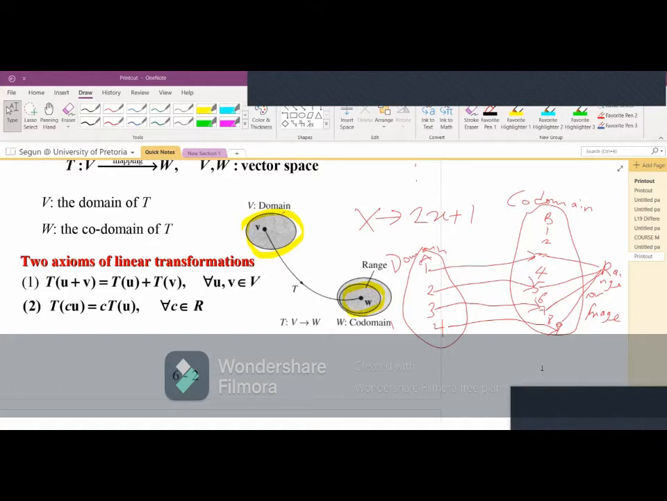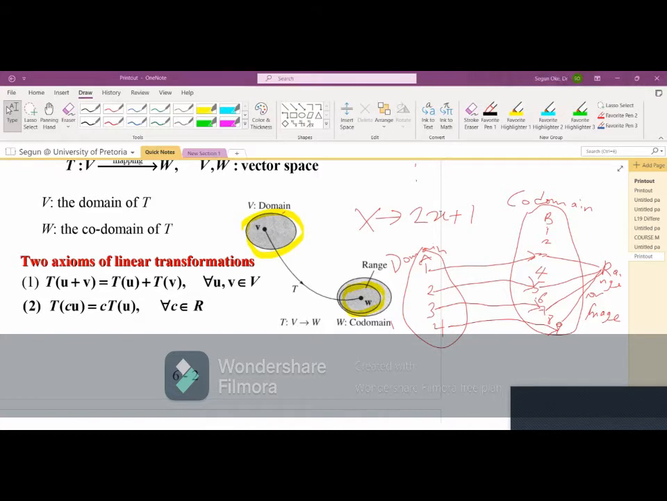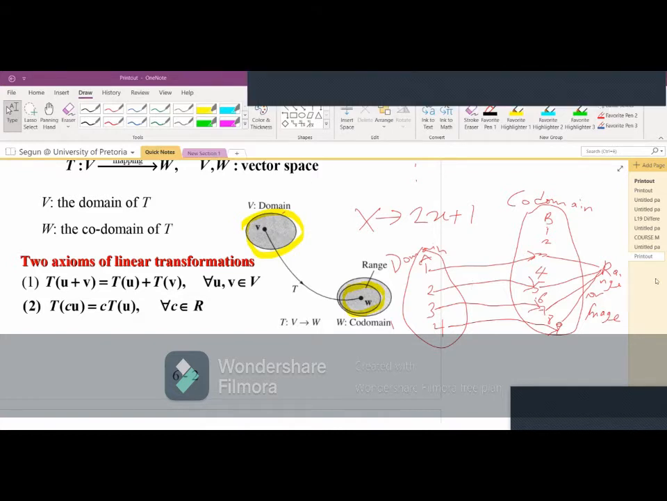So what they do most times is just to locate a particular point, the site where the problem lies. So that is the application of mathematics. Now, let's move on. We have what we call the axioms, the two axioms of linear transformation. That is, when you have T of U plus V,